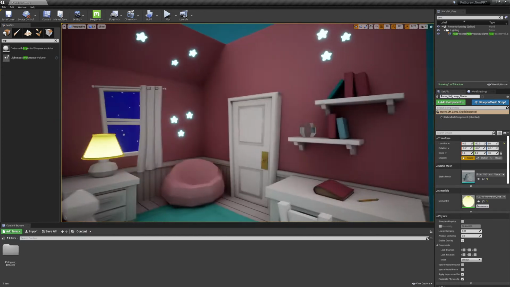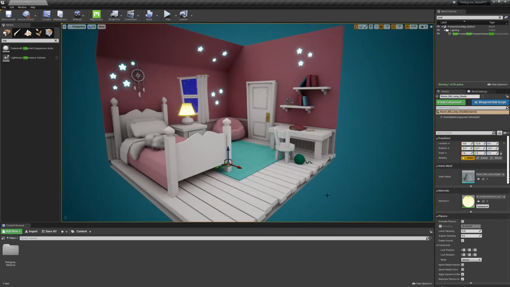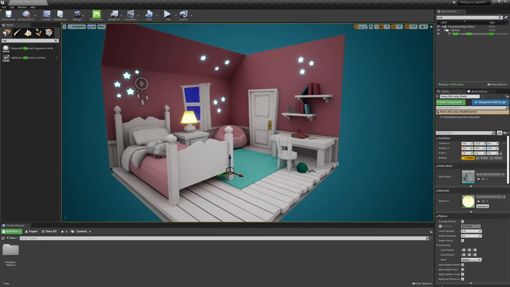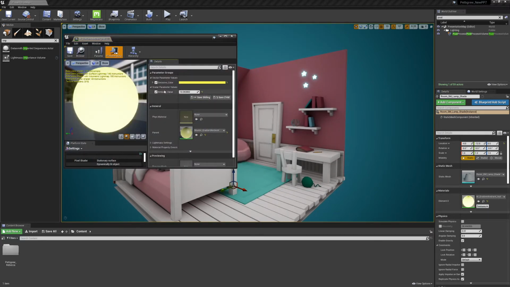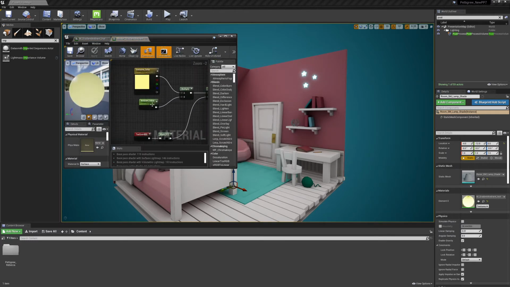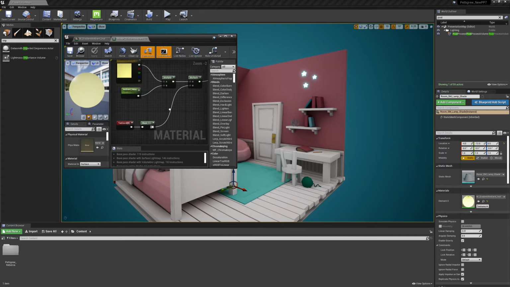Okay. So we've got kind of our skylight. So next, just gonna tweak this a bit. Just make sure. Got intensity and